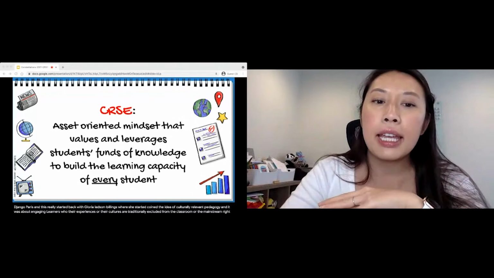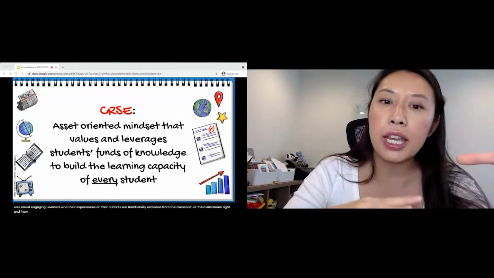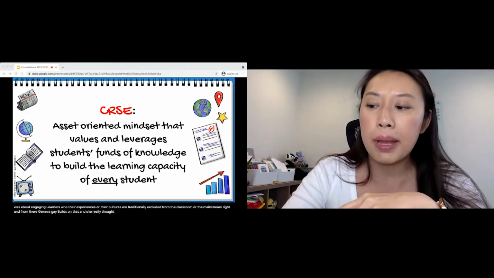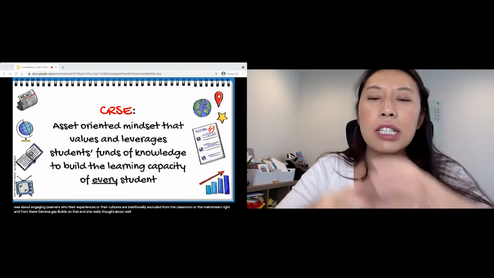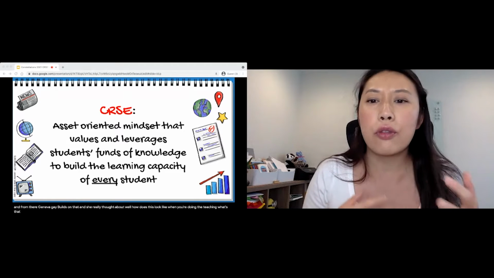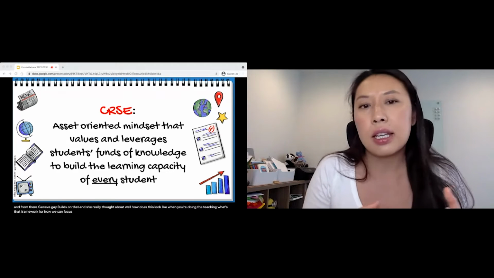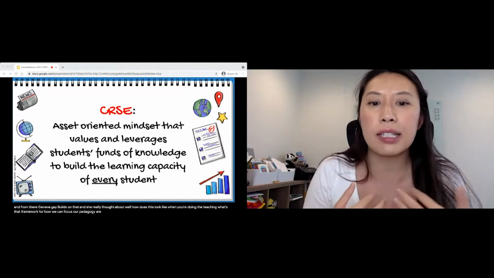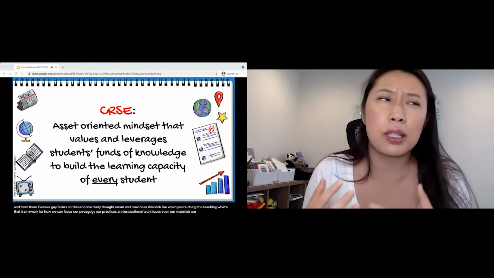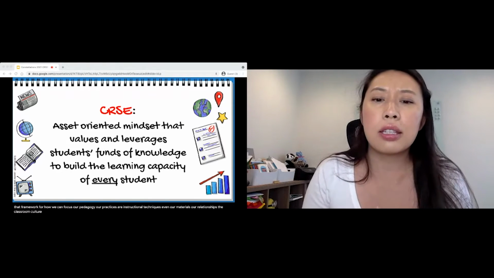And from there, Geneva Gay built on that, and she really thought about how this looks when you're doing the teaching. What's that framework for how we can focus our pedagogy, our practices, our instructional techniques, even our materials, our relationships, the classroom culture, to improve it